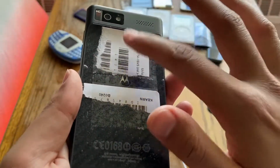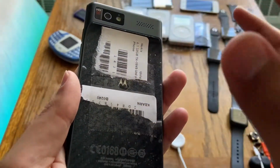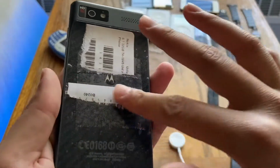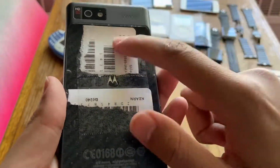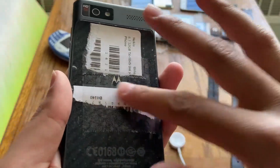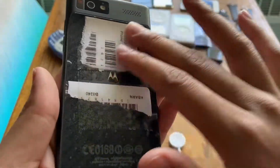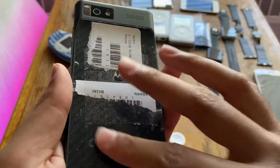There's a bunch of stickers underneath these stickers. I pasted these stickers on there because there's the serial number, there's some Wi-Fi addresses and stuff. So I definitely covered those up with a bunch of stickers. It says Nokia 6.1 because this was from my Nokia 6.1 box. It came with a sticker. But yeah, those are covered up. Obviously you can take this whole thing off and you're gonna see that Kevlar pattern like thing, but I'm not